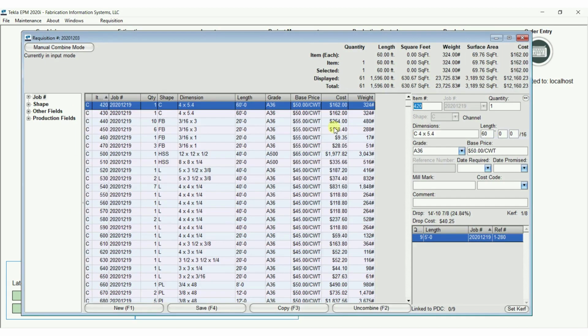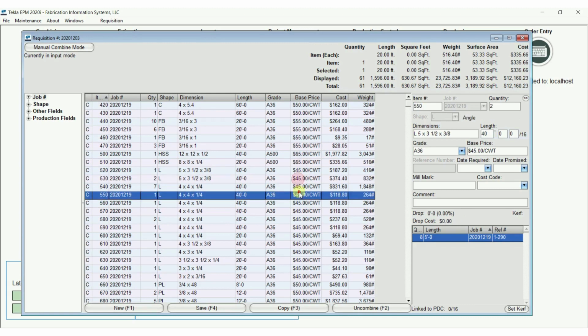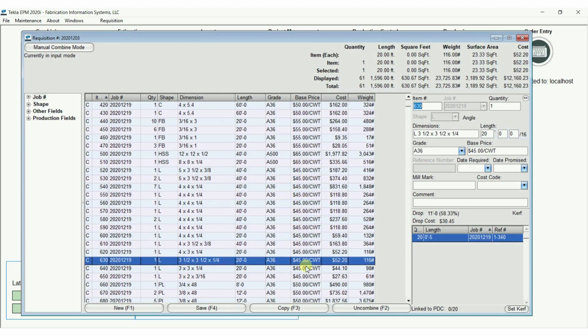So when I close that, you can see now that I have my pricing back in here without having to manually enter anything, which is really nice. So this is a great way to send it out. Just train your vendors how to put that in there, put the pricing in there, and then you can import it back in